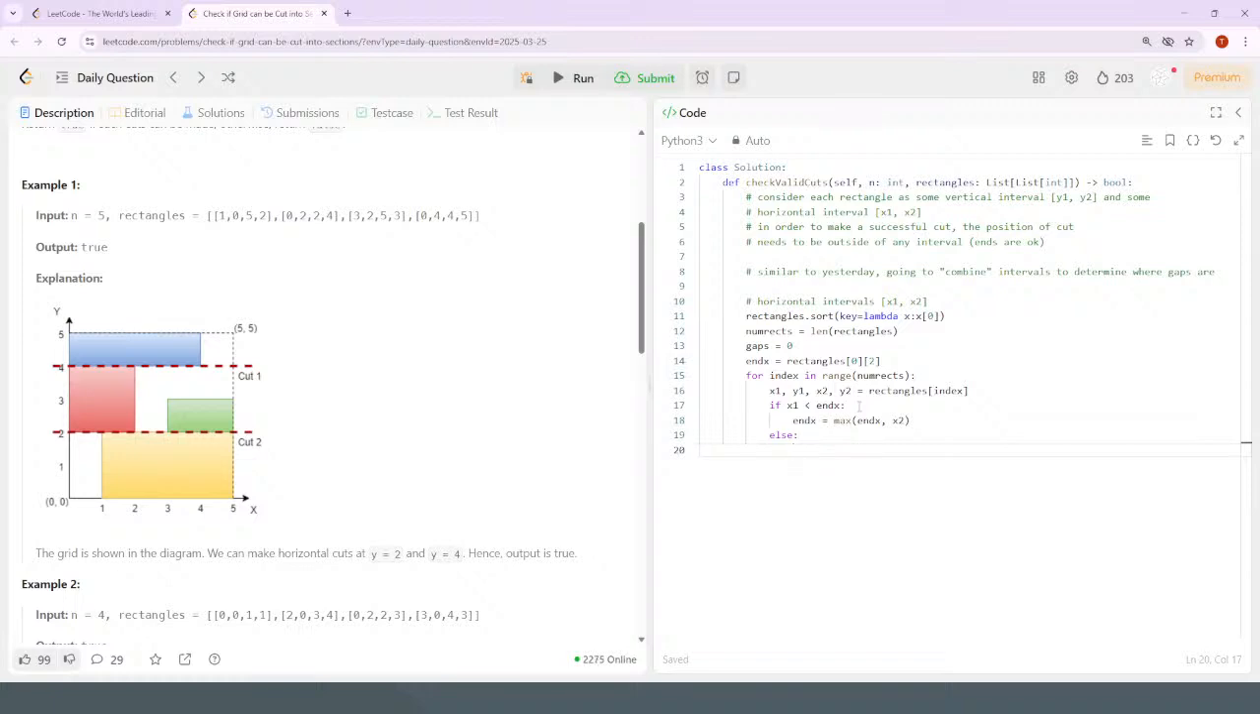Else there might be a gap, right? So there's a gap. If the start is at the end, then there has to be a gap. Okay. Gap plus equals 1,